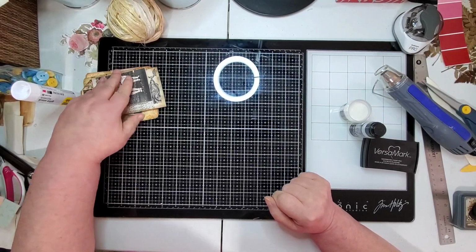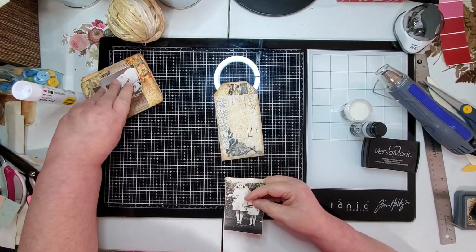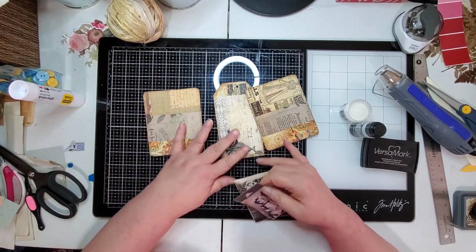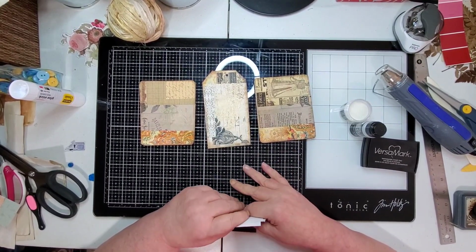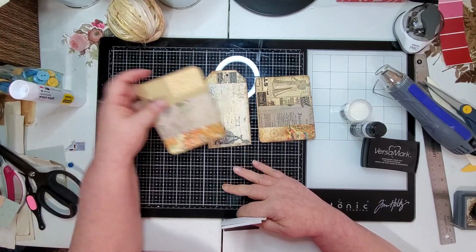Everybody. Today I'm going to take my Masterboard pieces that I made in another video. I'll link it down below. I made a Masterboard out of my scraps, and then I cut them out, and I've got 2 journal cards